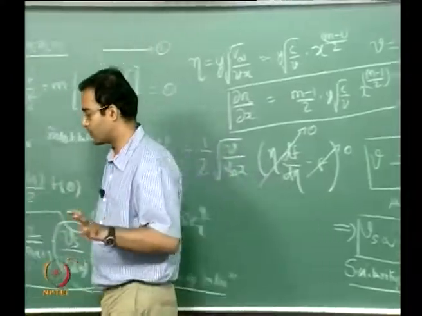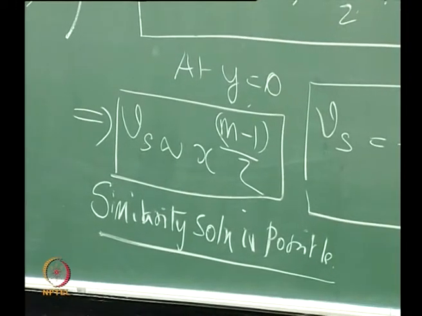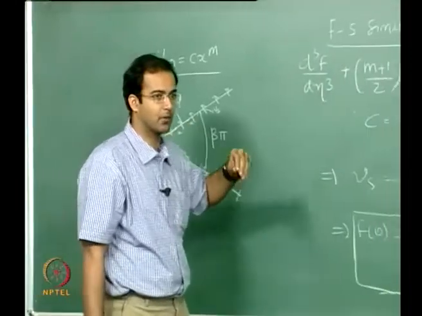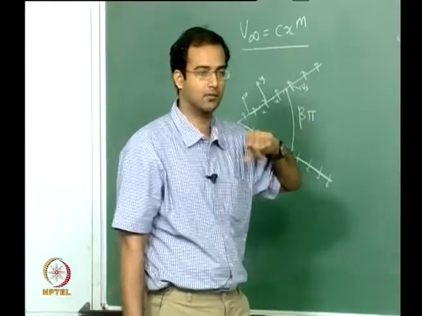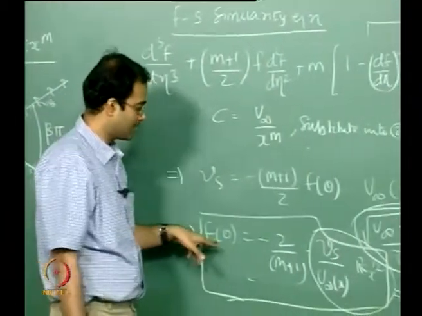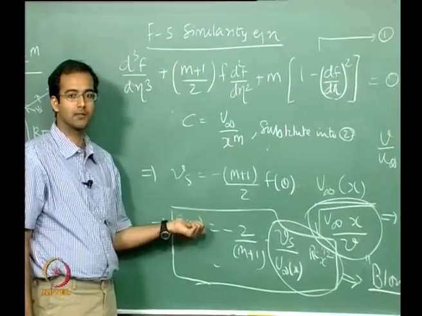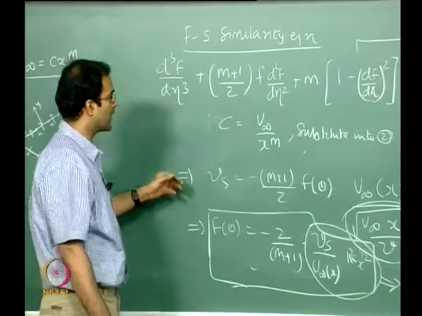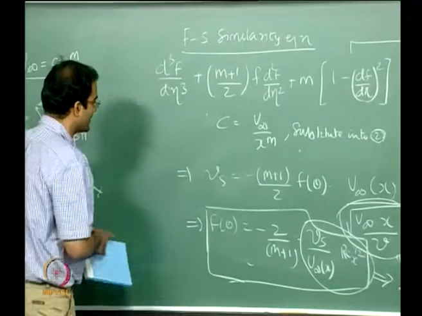So that blowing ratio is specified for a particular problem. You specify that your blowing ratio is some value, something like 0.5 or minus 0.5, depending on whether you blow or whether you are sucking the flow, and based on that, for a given value of m there is a constant value of f naught which gives you a similarity solution. So you solve the same similarity equation, your other boundary conditions remain the same.